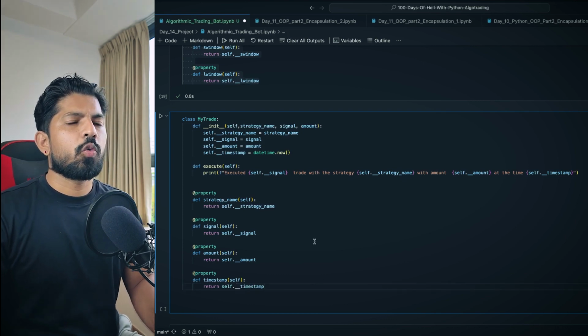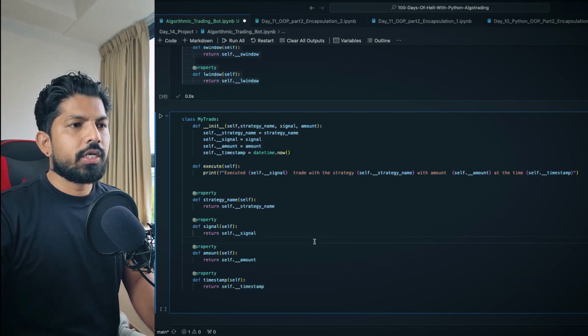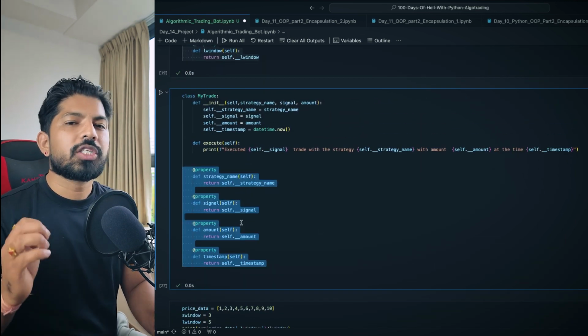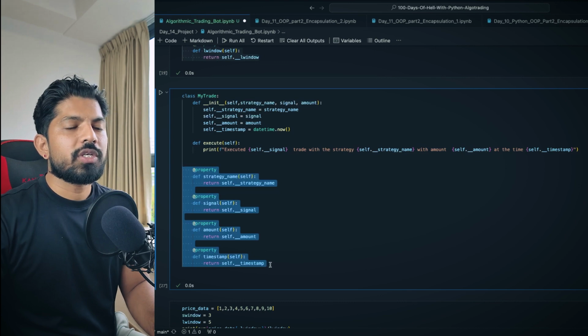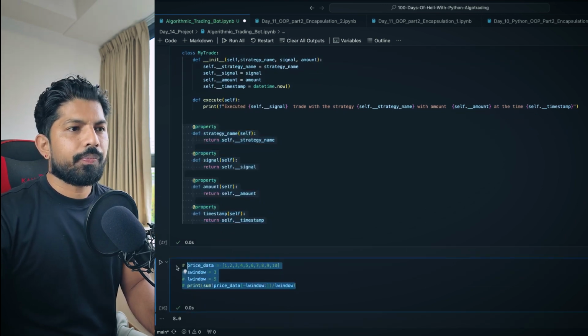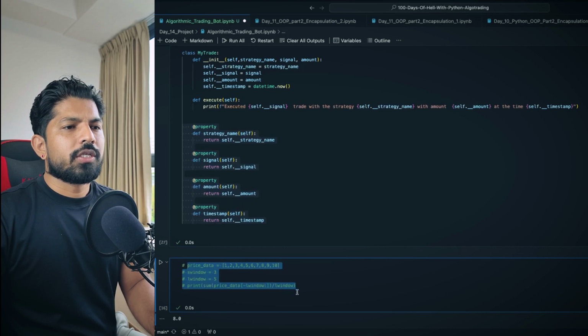Okay, I think now we are good to go. So I'll just hit shift enter, and it works perfectly. Okay, now let's quickly test this class. So first I'll test these methods, and I'll call this like an attribute. What I'll do, I'll first comment out these, and let me call the strategy first.